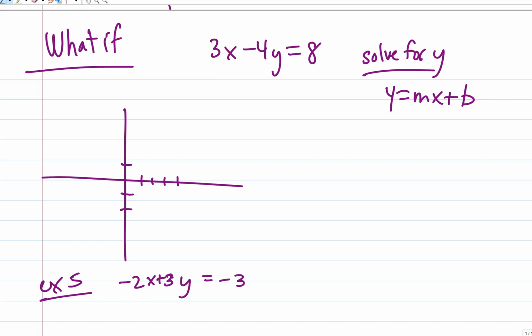This was a skill that was in your last quiz. Basically, solving for a variable with just a bunch of letters. This is what they were prepping you for. Okay? If I can get that y by itself, then the equation will be in y equals mx plus b. This is an inverse operations thing. How do you solve for y? How do you get that y by itself? It's being multiplied, so we will divide, and it's being added, so we will, which will we do first? PEMDAS backwards. We will subtract 3,